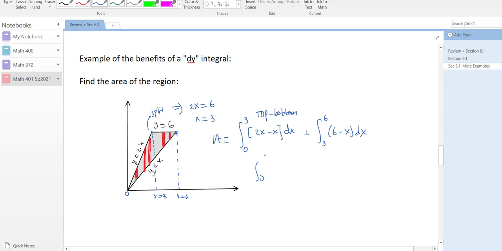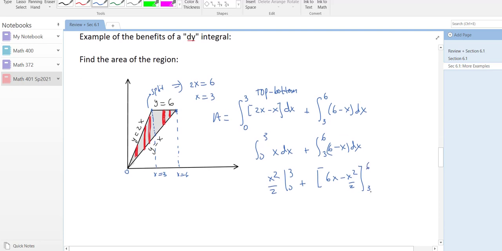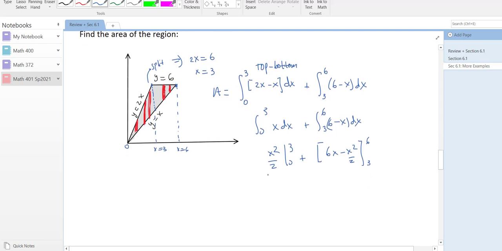So this is the integral from 0 to 3 of 2x minus x, which is just x dx, plus the integral from 3 to 6 of 6 minus x dx. So this is x squared over 2 from 0 to 3 plus 6x minus x squared over 2 from 3 to 6. And so we can evaluate this very fast. So I'm going to have what, 9 halves